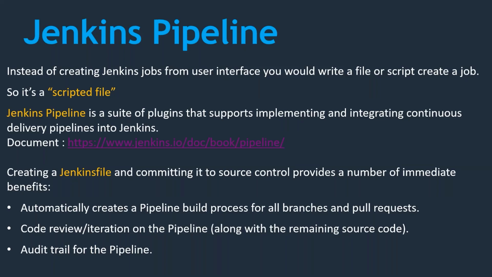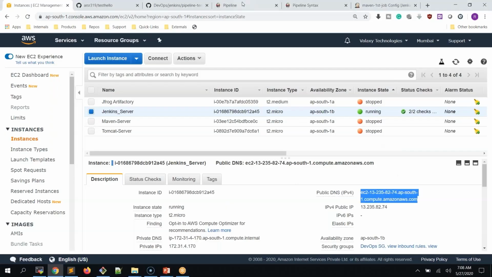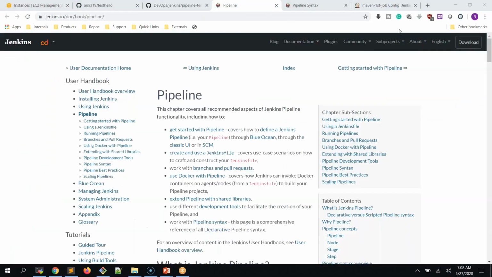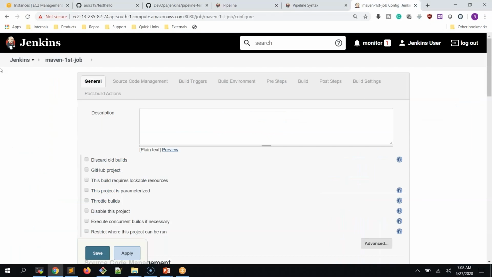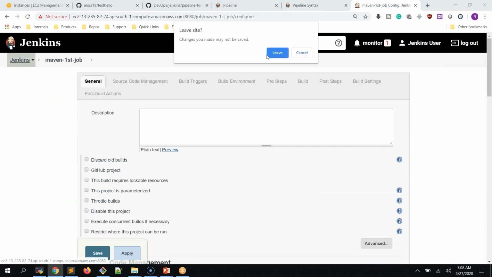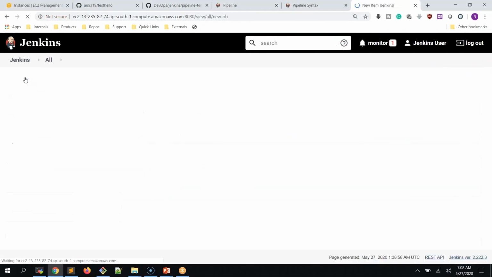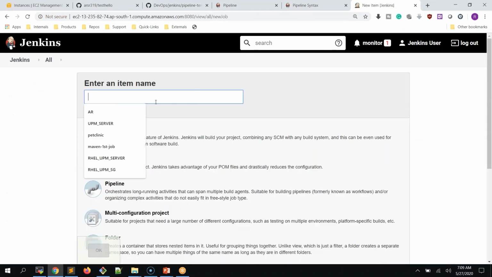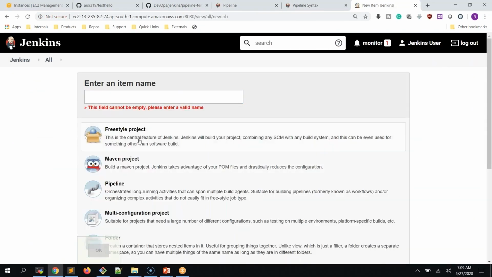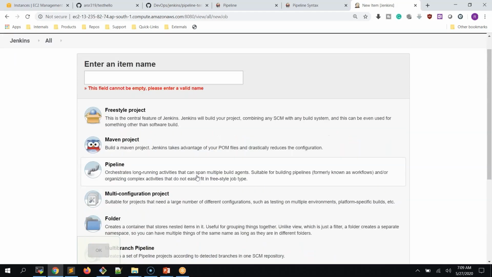So far, if we want to create any jobs, we are going to the GUI over here, and we are creating our jobs manually, like New Item, and we start specifying all the parameters. Either it is a freestyle or Maven project, we choose that one, and we continue with that particular